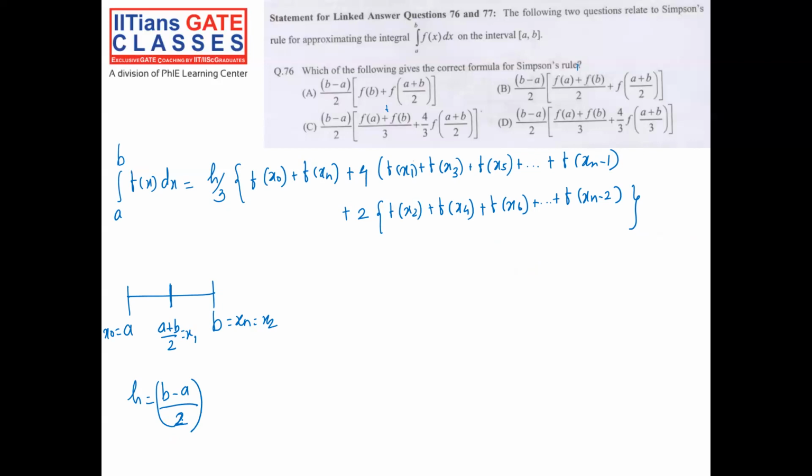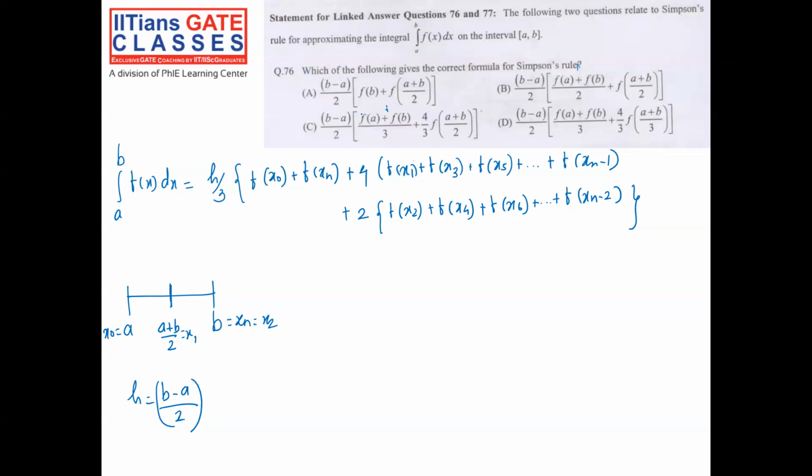So I'm dividing by 2, and that is what you can even see, which is common in all these 4 options. In the first option, b minus a by 2, second also b minus a by 2, and so on. So even though it's not mentioned in the question, we should understand that there are 2